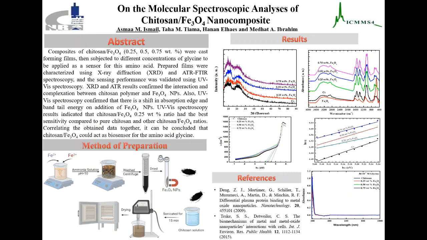I am Asmaa Mohamed Ismail. I am a researcher in the Spectroscopy Department, National Research Center. My poster is entitled On the Molecular Spectroscopic Analysis of Chitosan Iron Oxide Nanocomposite. In this work, we discuss the effect of adding iron oxide to chitosan to be used as a biosensor for the amino acid glycine. As known, chitosan is an amino polysaccharide and it's biocompatible and has many applications in